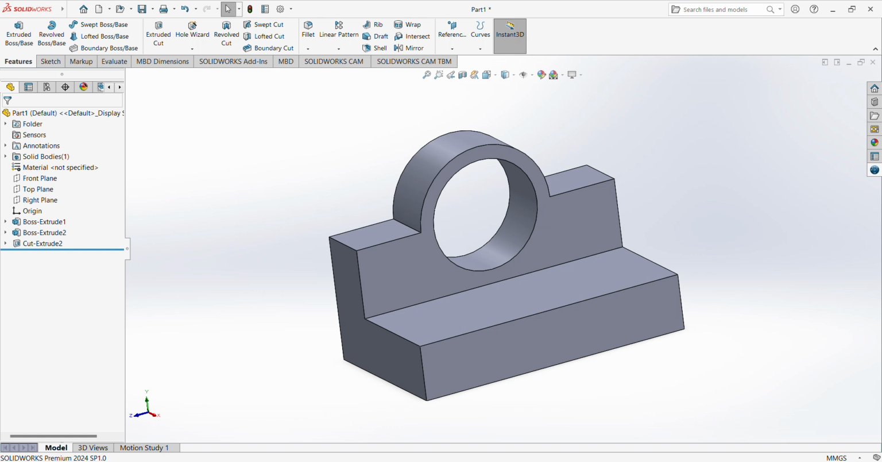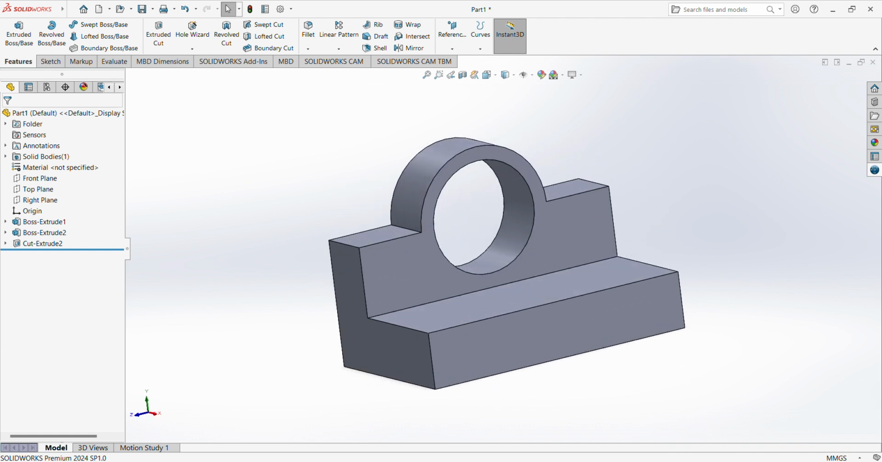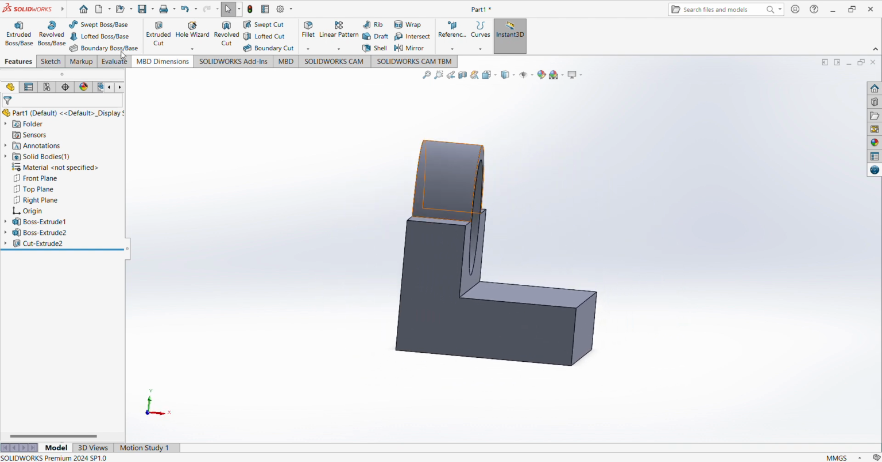Okay, so today this is the figure that we want to create with SolidWorks. So this is what we have. I'm going to take you through every step you need to take to create this. Okay, so first things first, you go to your home,